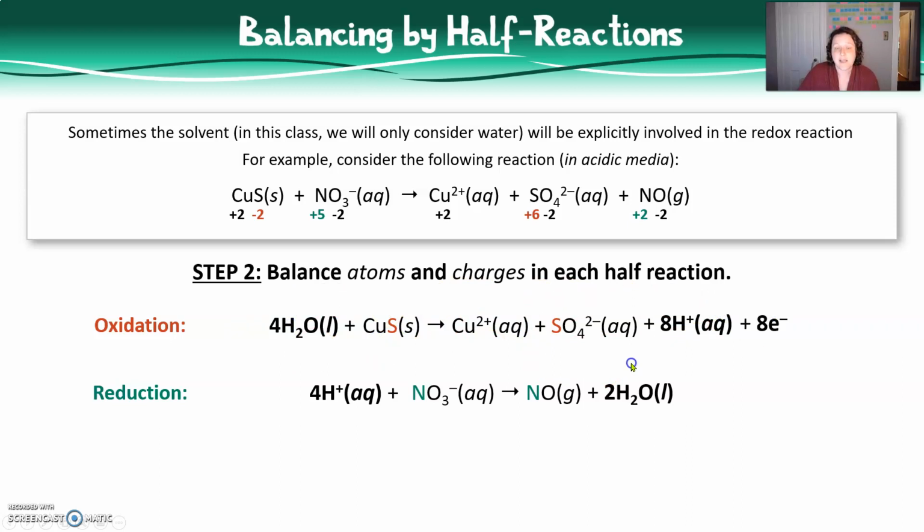So, 8 electrons are added to the product side to decrease the total charge from positive 8 to 0 so that it matches the charge of 0 on the reactant side. In the reduction half reaction, the reactant side has a total charge of positive 3, and the product side has a total charge of 0. So, 3 electrons are added to the reactant side to decrease the total charge from positive 3 to 0 to